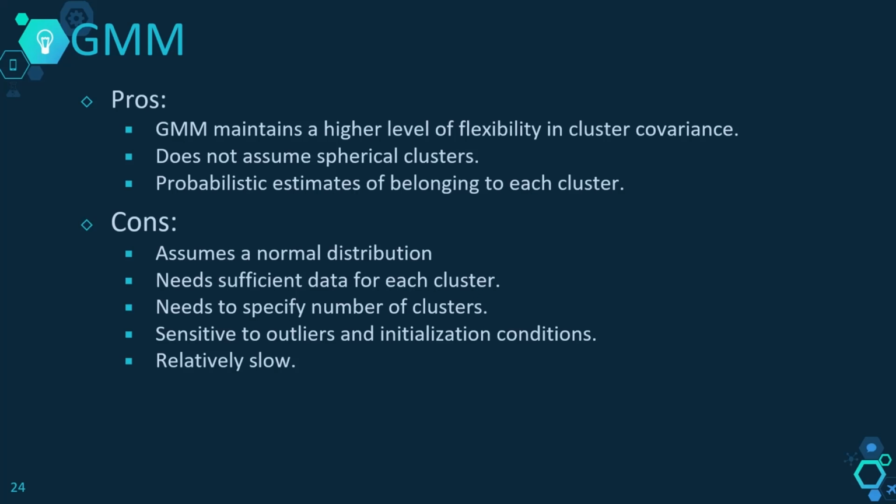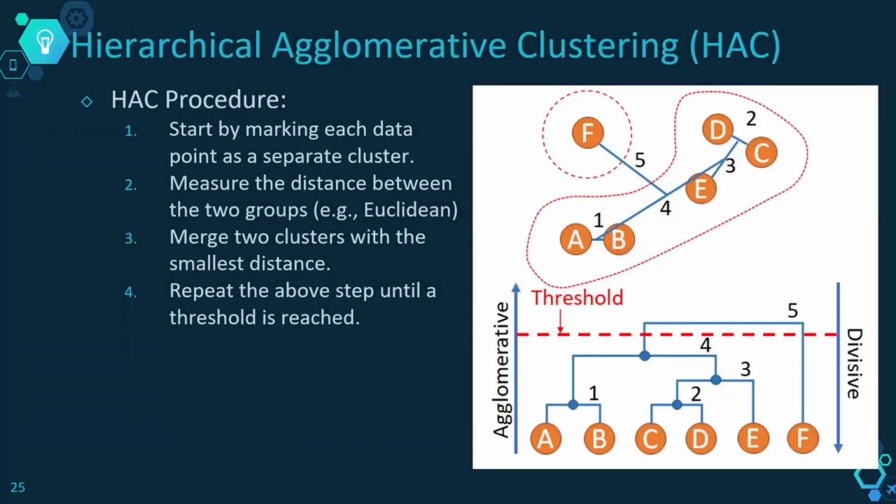You can see that for GMM, we also need to assume the original distributions. That's similar to the assumption of the original center locations in k-means. But now we have to deal with 2 parameters, mu and sigma, mu the small letter and sigma the capital letter. And another disadvantage is that it could be relatively slow. You can see that now the process is slightly more complicated. And the last